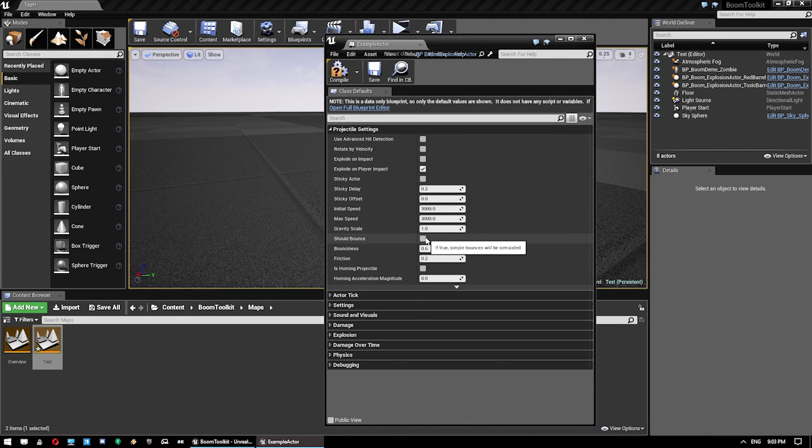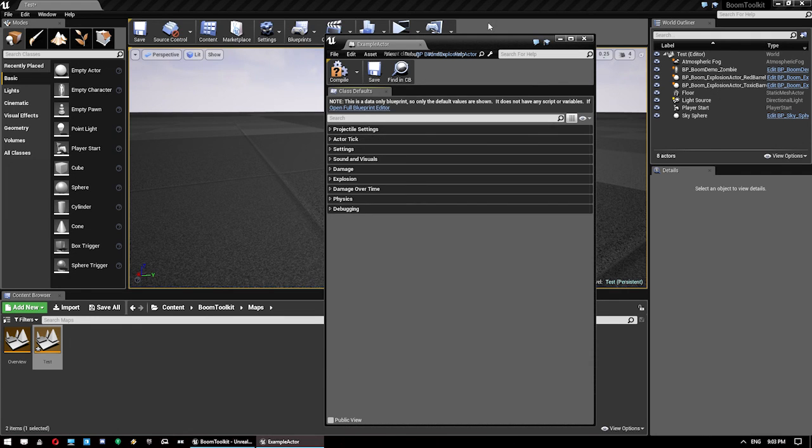Whether the projectile should bounce or not, and how bouncy it is. So by default this is at 0.6. That means it will maintain 60% of its velocity after a bounce. Friction, how much friction affects your projectile, whether it's a homing projectile, and the homing acceleration. So that's the overview of the